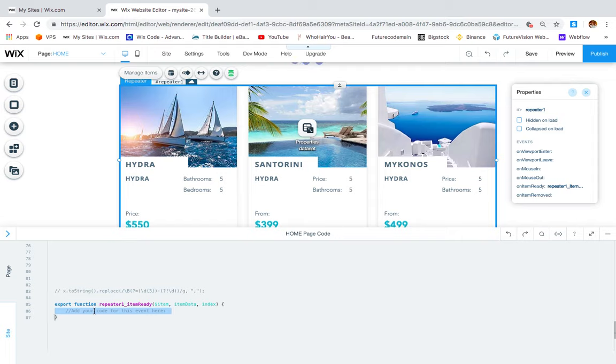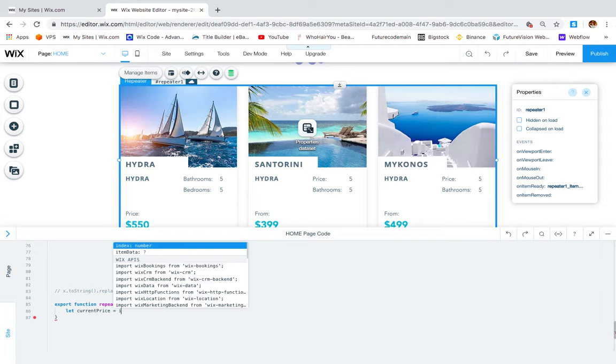Before declaring a variable, I want to explain to you what this means here inside the brackets. As you can see, we have $item and itemData and index. In this case, we're gonna use only itemData and $item, and I will show you now why. So the very first thing you have to do is to declare a variable. Let's name the variable currentPrice, equal to itemData